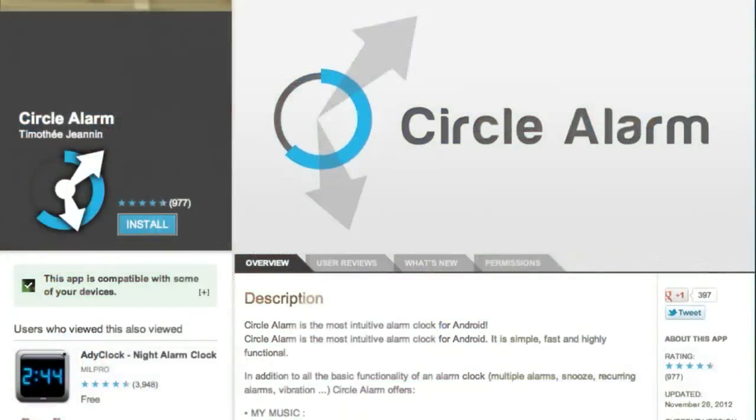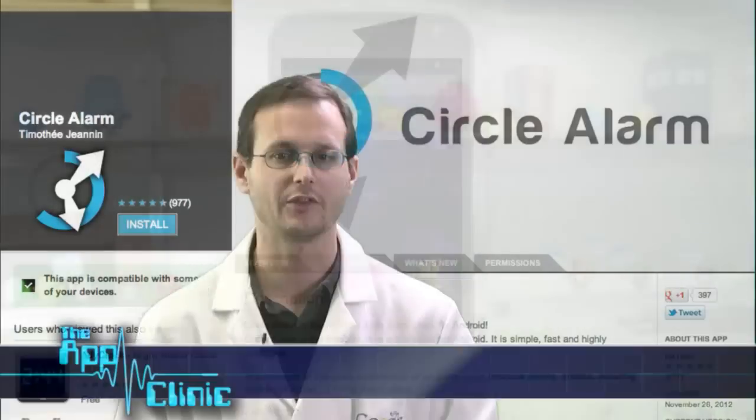Let's move on. Let's have a look at Circle Alarm. So Circle Alarm is kind of a simpler concept. This is basically just an alarm clock which is going to let you set alarms in as intuitive and simple and fast a method as possible. And it's actually, surprisingly or unsurprisingly enough, quite similar to the redesign of the Android clock in the latest Jelly